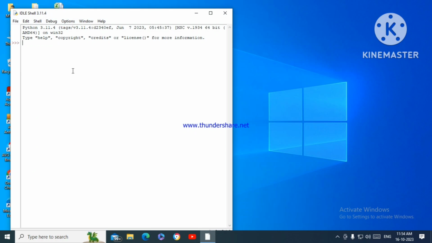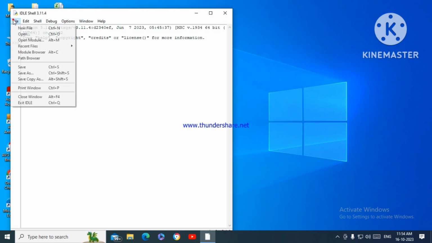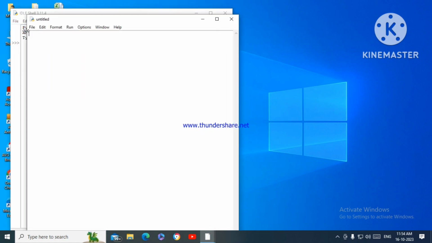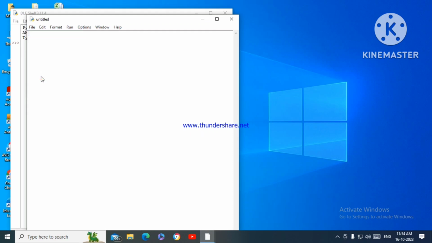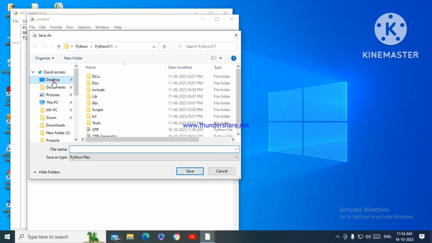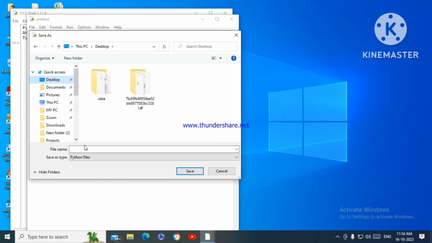Click on it and it will open a window. Then go and click on file and new file option. Then it will open a new file for you, and go and click on file again and click on save as. Here we have to give it a name, and I want to save it on my desktop, and I am giving here one time password as my file name. And after typing here, go and click on save option,